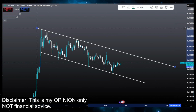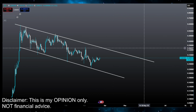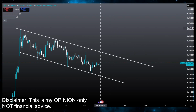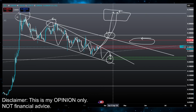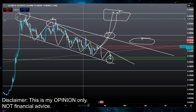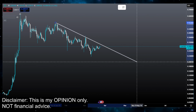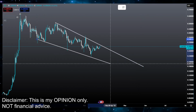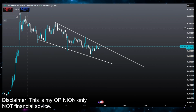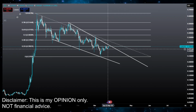If I can adjust this correctly, you can see that there's a little bit more room to go up. However, in the shorter time frame, you can see that this downtrend is actually still holding. And again, I'll just clear out the chart and we'll use this one. So in the short term, there is a possibility that Stellar Lumens flips bullish if it breaks out of this downtrend. We can take a fib from the high down to the low, and you can see we're getting stuck